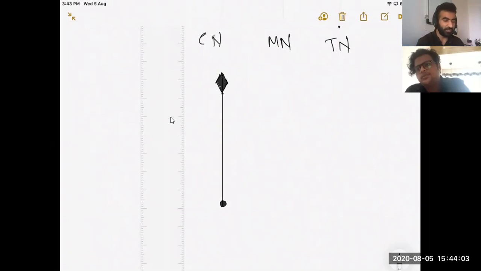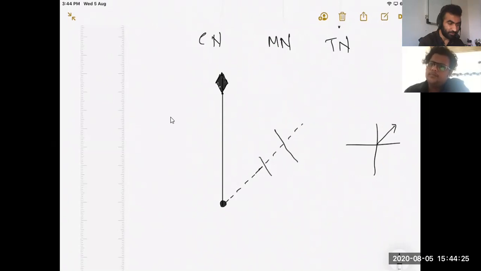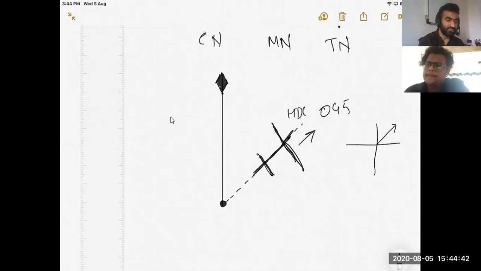If we say that it is 45 degrees, so we know where is 45. The best way is to always make cardinal points on a rough page and say, okay, this is 45. It becomes very easy. So from this center, you draw a line, and this line becomes the longitudinal axis of your aircraft, like this. So your aircraft is pointing in this direction. 045 heading, true heading. So HDG heading 045.